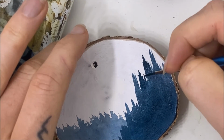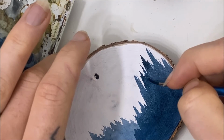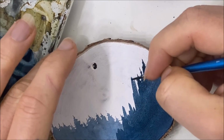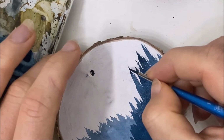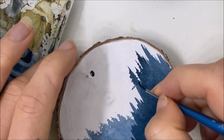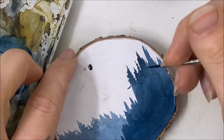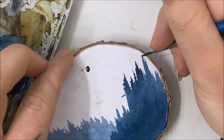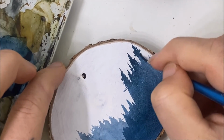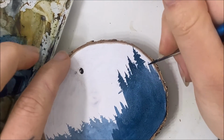I can achieve the details that I need with my size 14 Grumbacher because it has a really nice pointed tip. So when I need really fine details, I'm going to go for my size quadruple 0 to achieve those details that I can't with the pointed tip of my bigger one. And that's why I don't use this one too often. But I started using this one a lot more while painting these wood slices